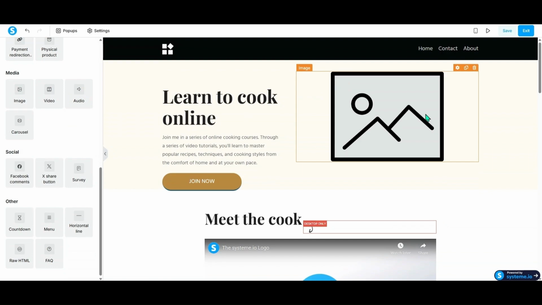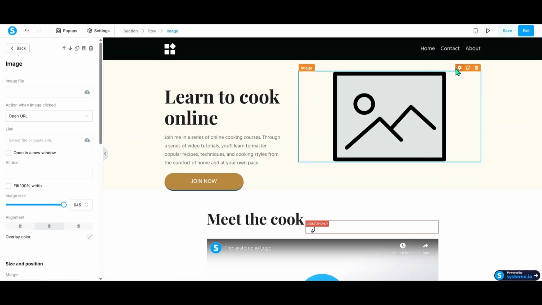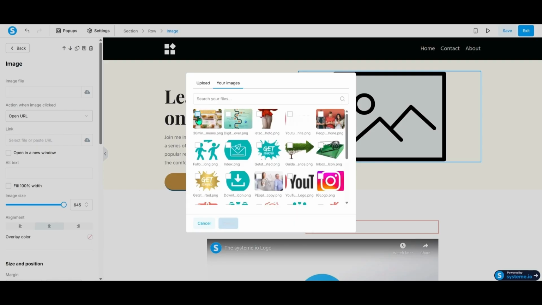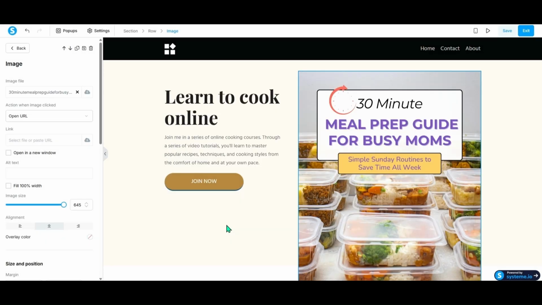And then go to the settings and put my ebook cover. Click upload. Then insert. You can resize the image here. And then of course you go back to